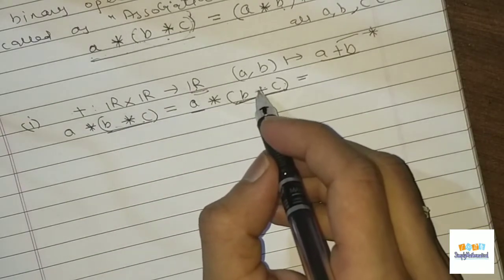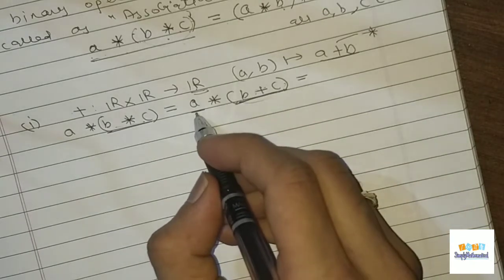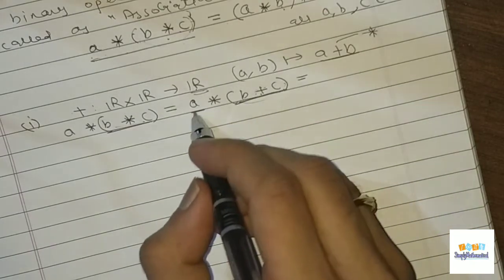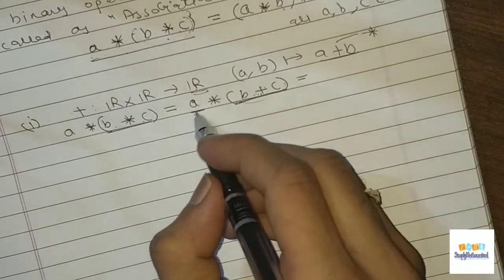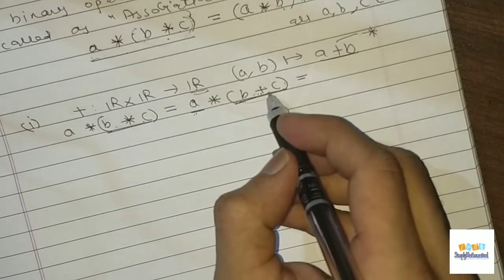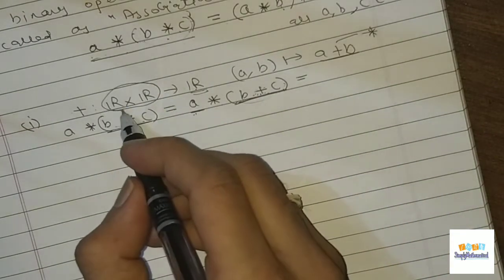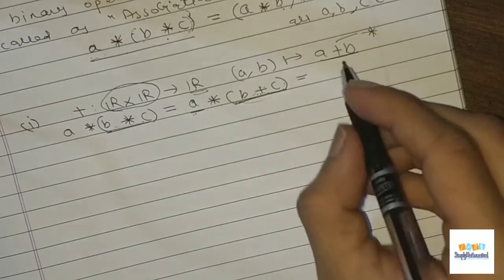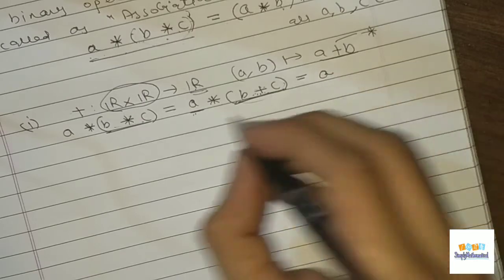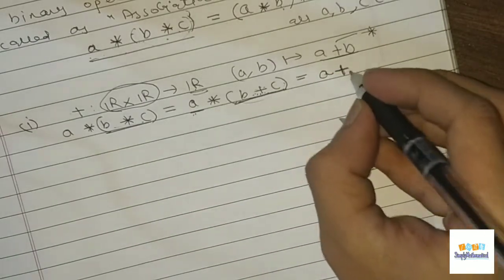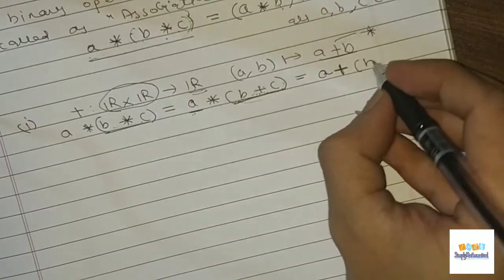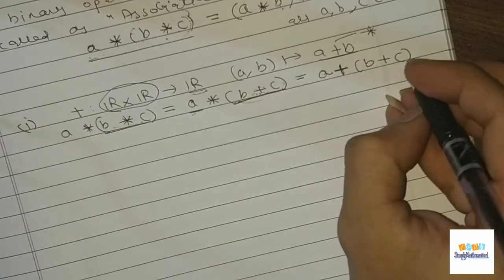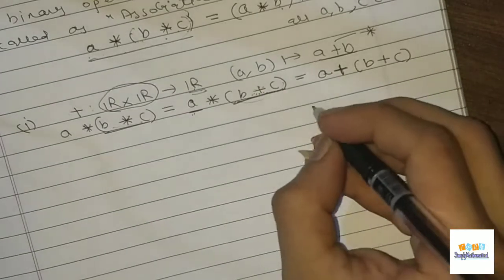So this is a real number, this is a real number, this is also a real number. So again these elements, that is (a, b + c), are in this set. The addition will take this to R, and what is the operation? It is a, the first element, plus the second element, so a bracket, b plus c, bracket closed.